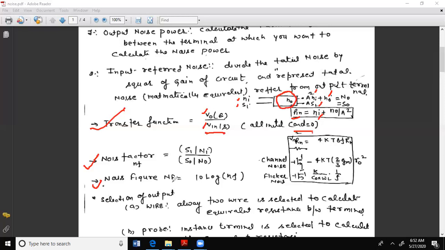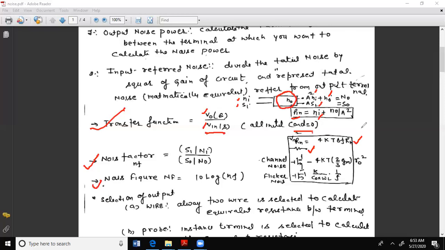In RF circuits or analog circuits, the main sources of noise are the resistance and the channel noise of the MOSFET. When we are dealing with resistance, white noise is the main source of the noise. That is 4 kT R del F, or numerically equivalent to this term. Generally, we talk about the power spectral density, so we divide this noise by del F, and the term becomes 4 kTR. That will be the power spectral density.